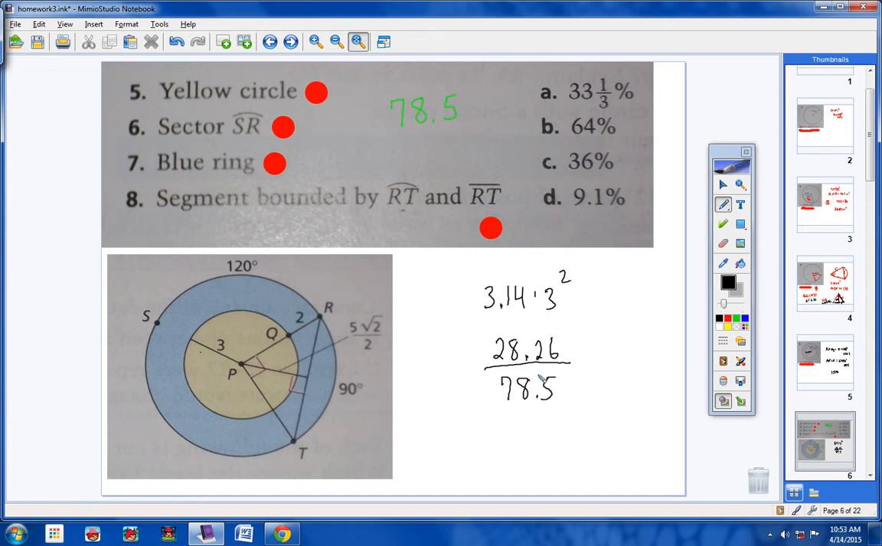Just use your calculator, no big deal. Hit divide, and you should get 0.36. Now, students, 0.36, of course, move the decimal 2 places, is 36%. So 5 would be letter C, 36%. Not too bad. Now, let's take a look at